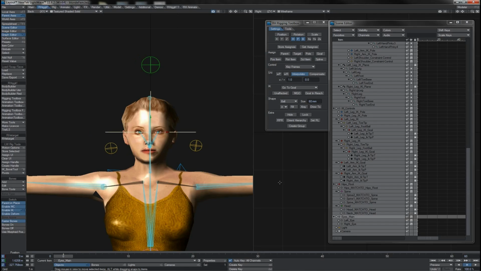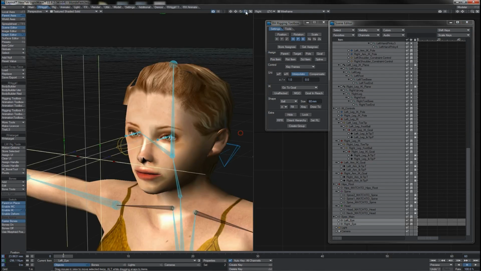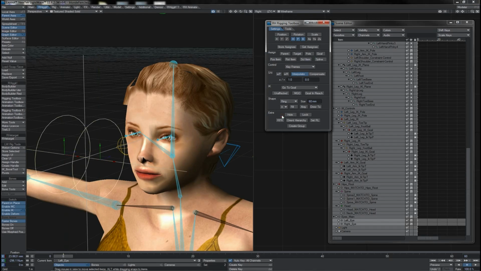Now take my left eye null and snap that to the left eye position. My right eye null, snap that to the right eye position there. Take both of these and set their Z's back to 0 like this. We'll give these some little shapes, so I'm going to put a small ring onto each of these side